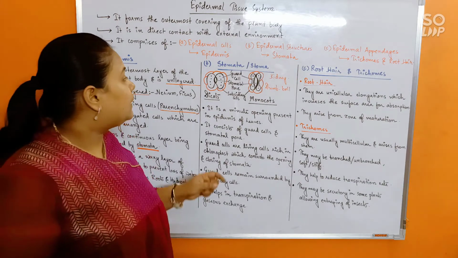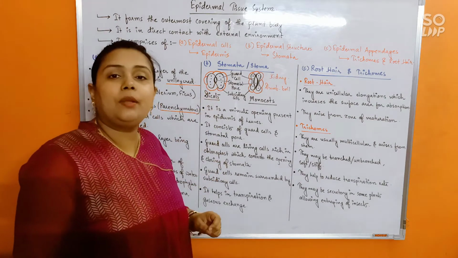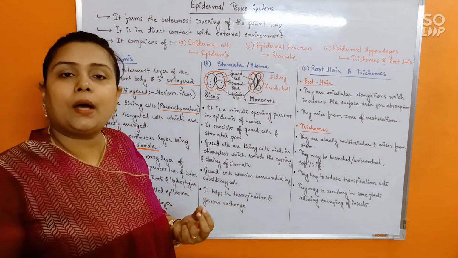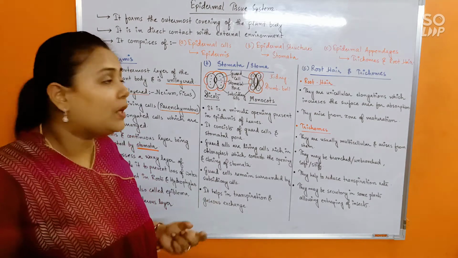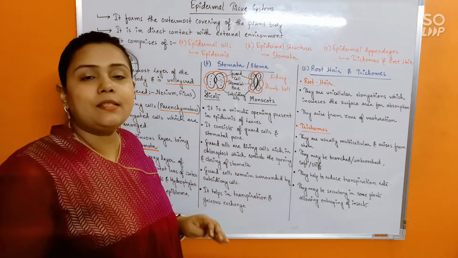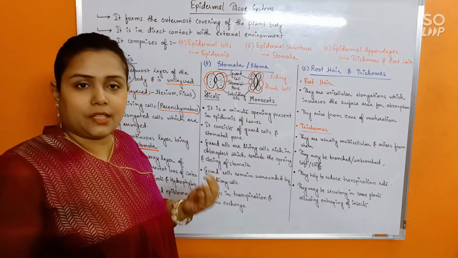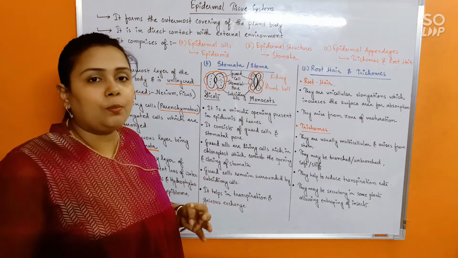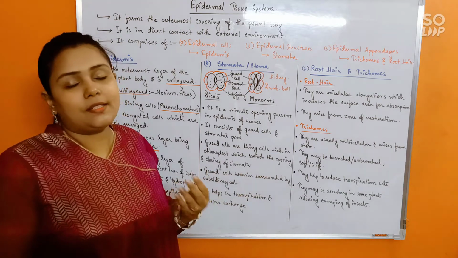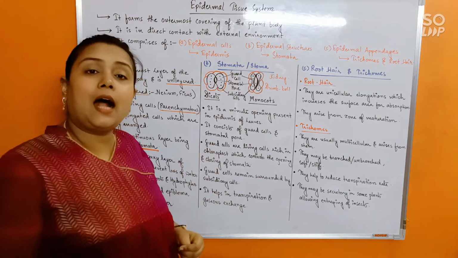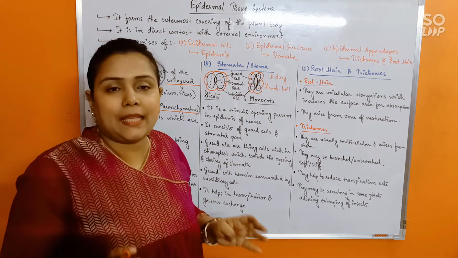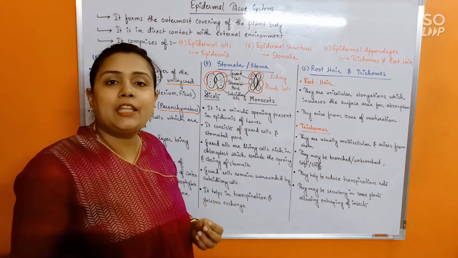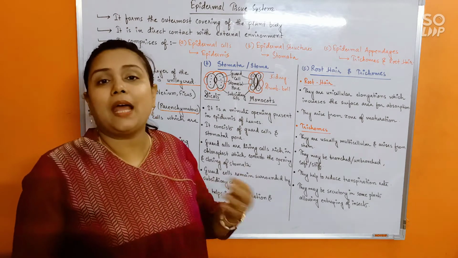Now do remember that it is the guard cell which will be controlling stomatal opening and closing. Okay. So in most of the plants, the stomata will remain open during the day and it will close at night. And this closing and opening throughout will be controlled by the guard cells. How? There is an elaborate mechanism to learn how stomata will open or close, but that you will be getting in other chapters in plant physiology.